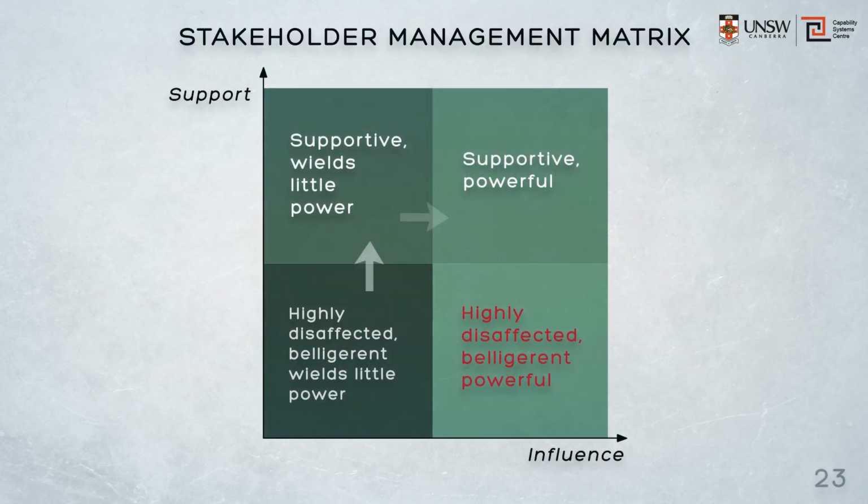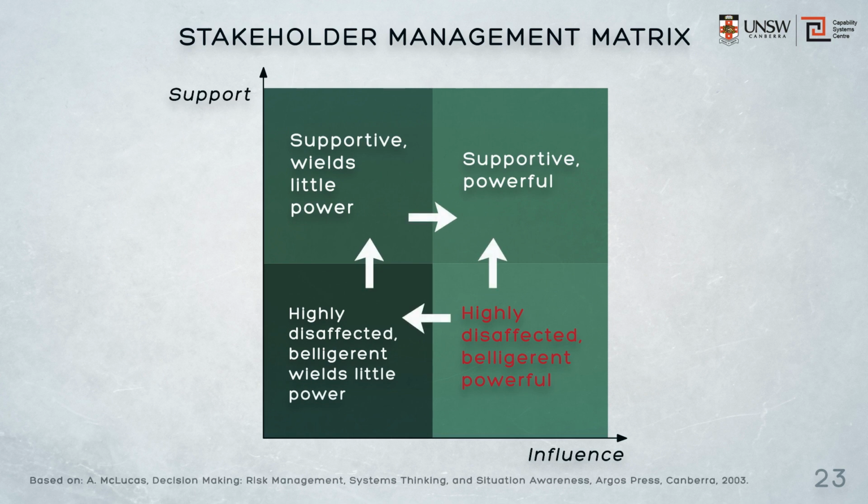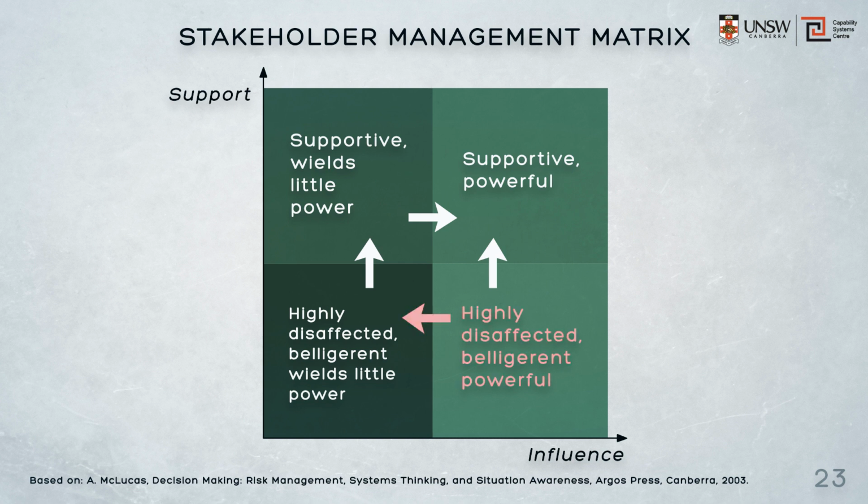There are a number of stakeholder management strategies. This example from Alan McLucas illustrates that we seek to have all stakeholders who are supportive and powerful. If they're not, we develop strategies to move them from their current position to become supportive and powerful. Perhaps we might use a communication strategy to persuade someone who is powerful but disaffected to become supportive. Or if that's not successful or possible, management could remove the project from within their power base. Or if someone's supportive but not very powerful, management could move the project within their sphere of influence.